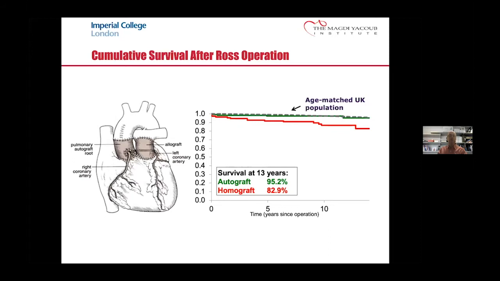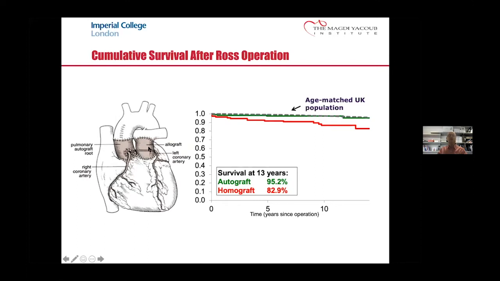And just to briefly explain this, this is quite a rare operation and is only done by, if you like, surgeons who have an expertise in actually performing this type of surgery. And what you do is you remove the pulmonary valve from the patient, which is normal and undiseased, and you put it into the aortic position and replace the pulmonary valve with an autograft, like we just saw.